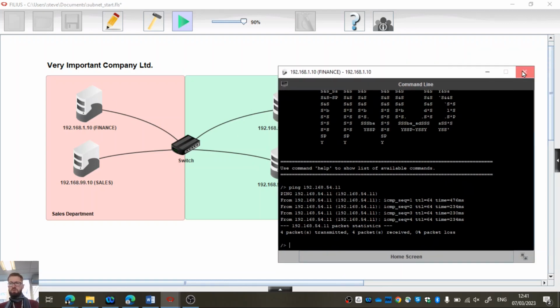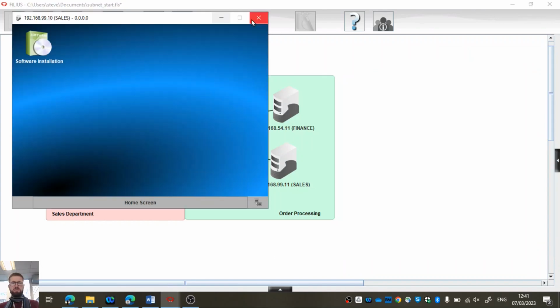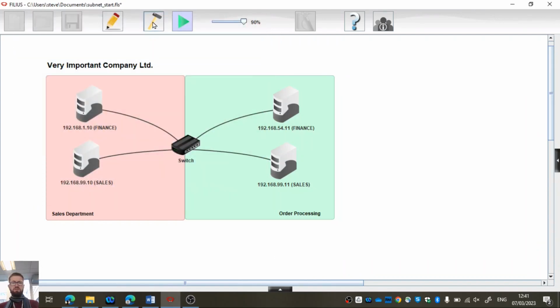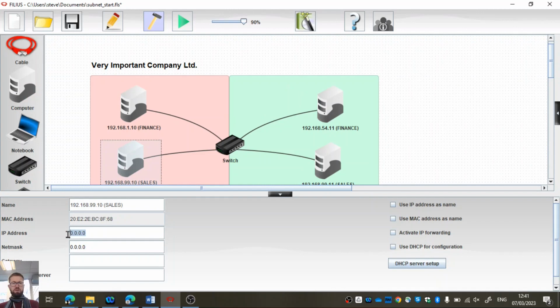Okay, so I'll close that window for the moment. Let's go back to these sales computers. Okay, so let's switch it back out of play mode into edit mode. There we go. So I've clicked on the hammer. Let's go to this sales computer. Okay, so this can be